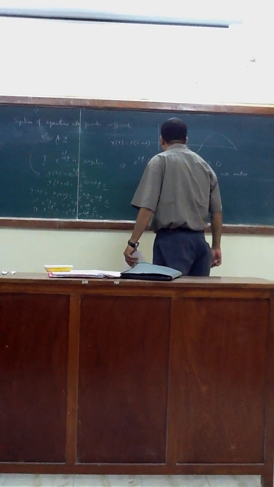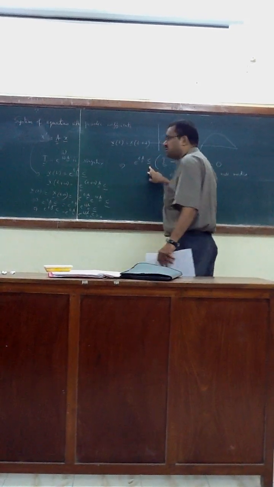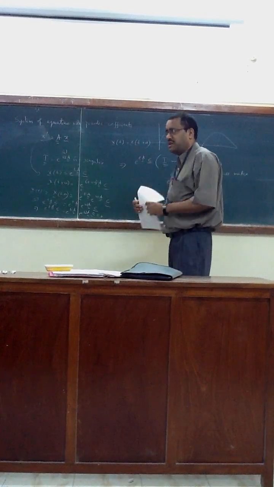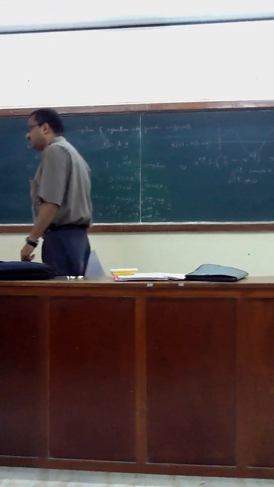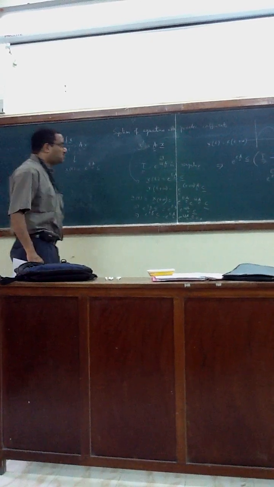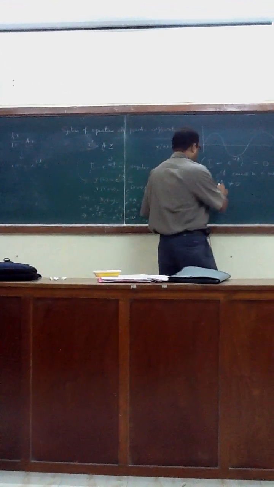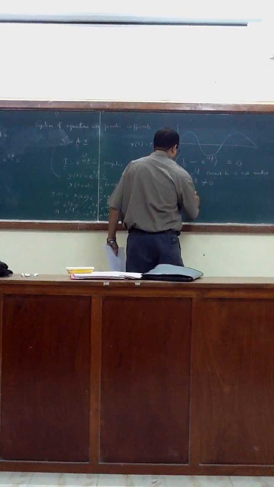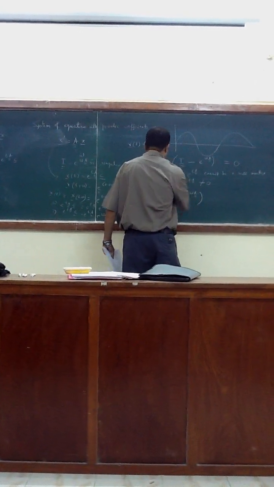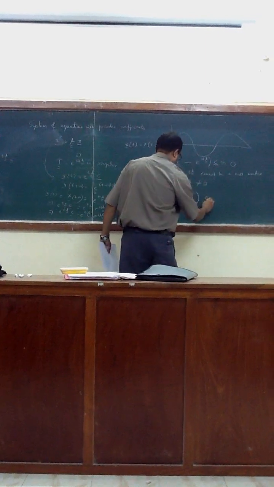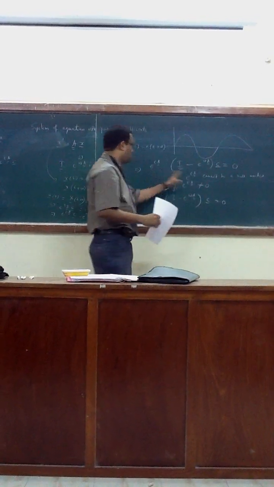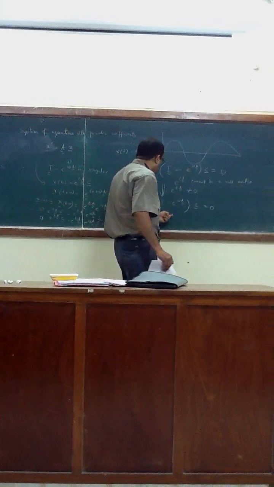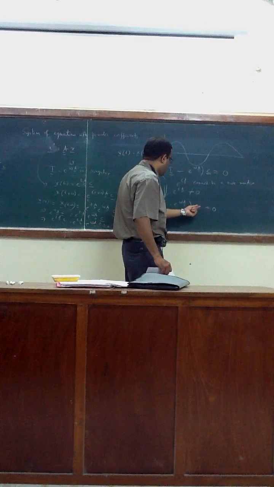So what actually happens? And c cannot be 0. If c is 0, there is no point. C is the constant, right? C should not be 0. C is non-zero. And what actually happens for this case, then what we will get from here is I minus e to the power omega a. In fact, it should be written this way. Otherwise, it won't make sense, because the substitution will not go. So, I minus e to the power omega a into c equals 0, and c has to be non-zero.